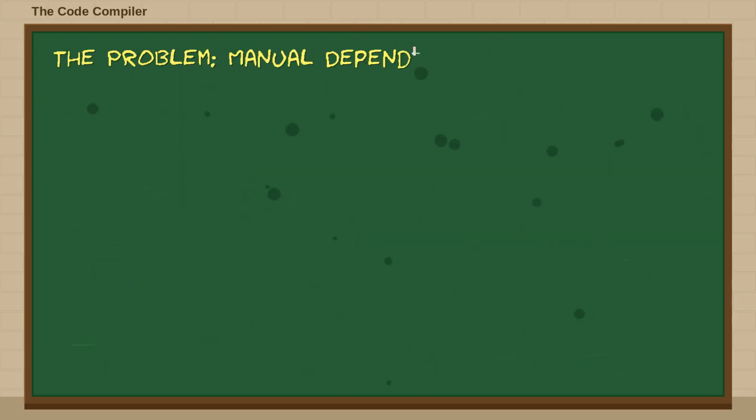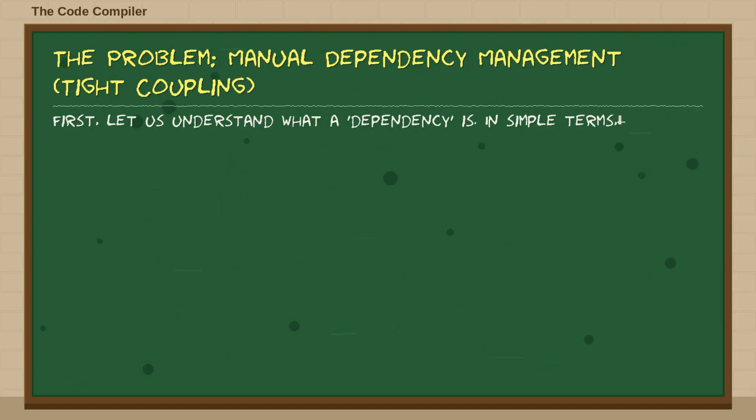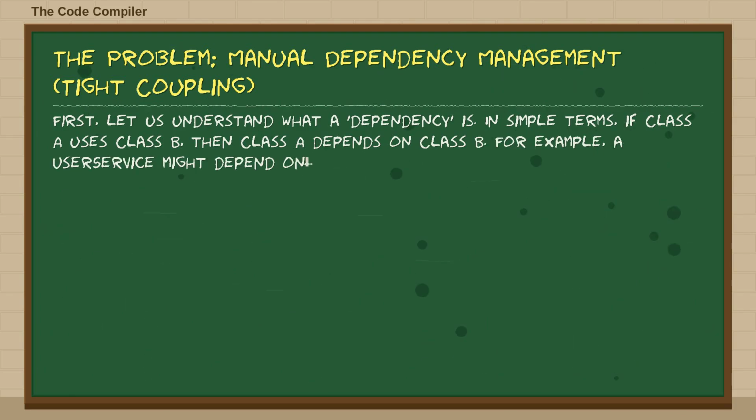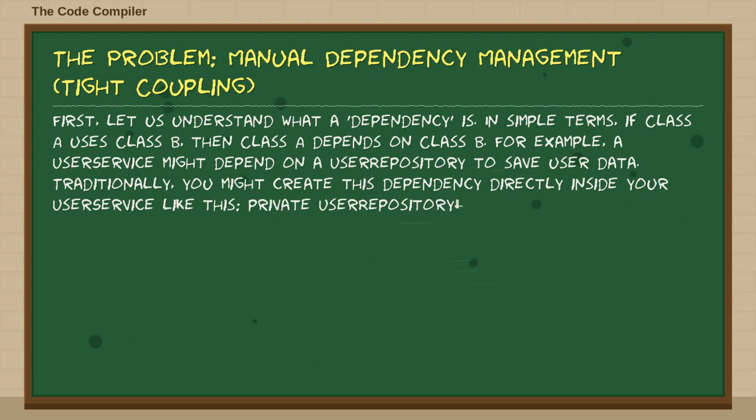First, let us understand what a dependency is. In simple terms, if class A uses class B, then class A depends on class B. For example, a user service might depend on a user repository to save user data. Traditionally, you might create this dependency directly inside your user service like this: private UserRepository = new